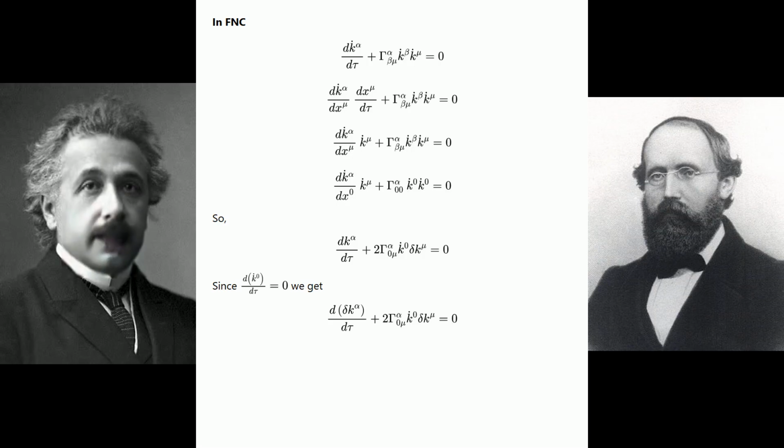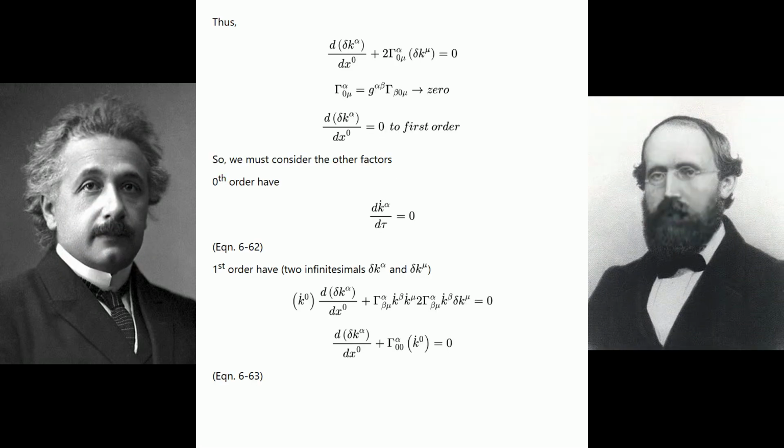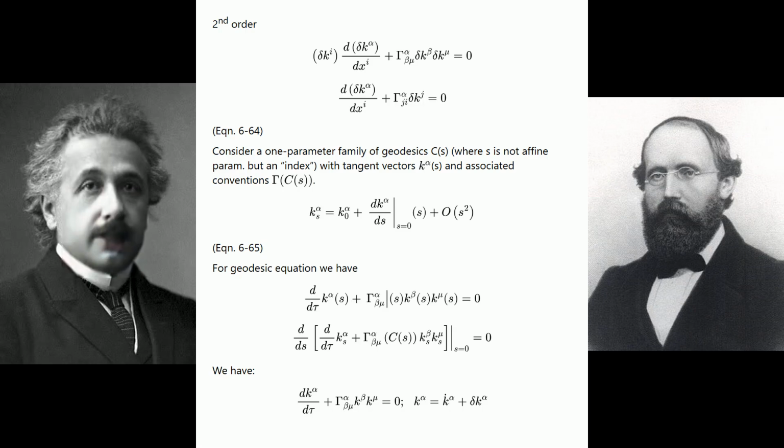Since dk^0/dτ equals 0, we get the equation. Thus, see the following group of equations. So, we must consider the other factors. Zero order have equations 6-62. First order have two infinitesimals δk^α and δk^μ, equation 6-63. Second order equation 6-64. Consider a one-parameter family of geodesics C(s), where s is not an affine parameter, but an index, with tangent vectors k^α(s)